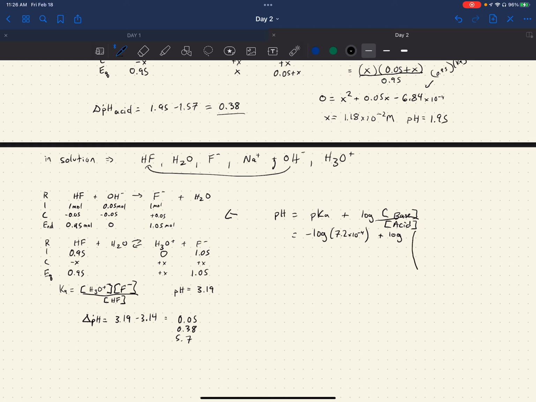Now, I'm going to do something a little silly here just to show what we would do. So the concentration of base would be the 1.05 moles of base over 1 liter. And the concentration of HF would be 0.95 moles over 1 liter. Okay, so now this is how I would fully show my work, where I'm converting each one of these to a concentration before I do my math. Okay, and when I do that, I get